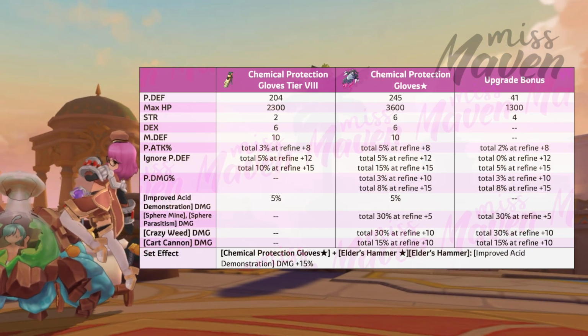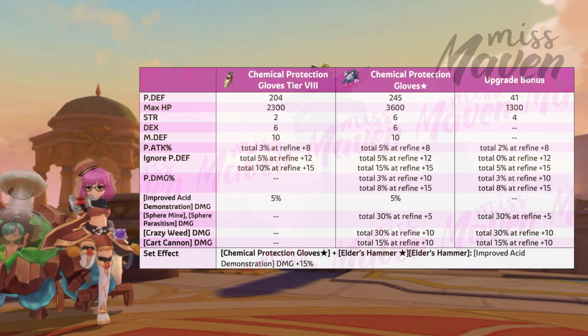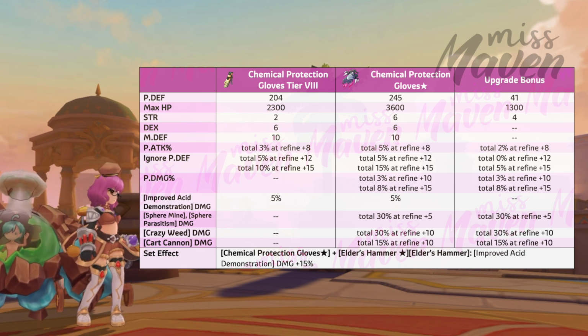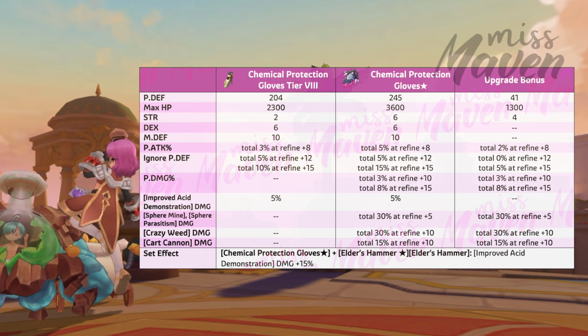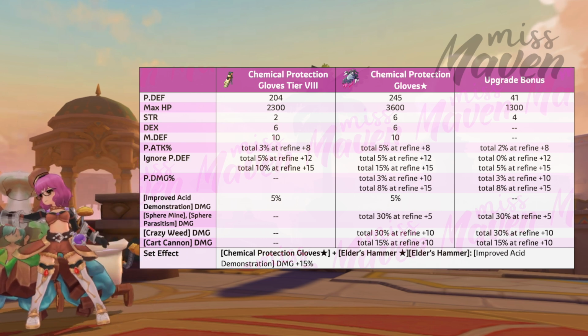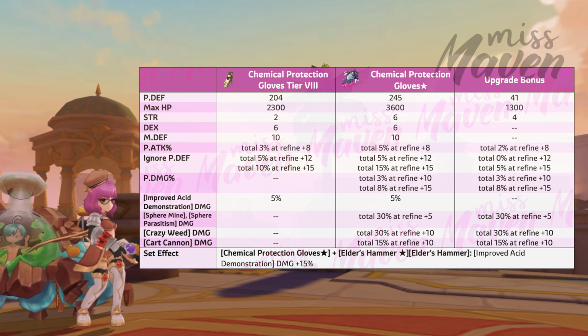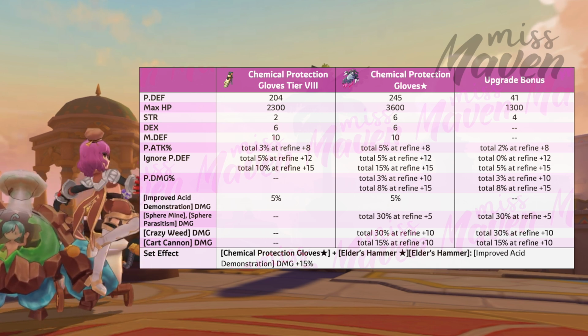Chemical Protection Glove Star is specifically used by Geneticists to improve the damage of Improved Acid Demonstration, Spear Mine, Spear Parasitism, Crazy Weed, and Card Cannon. Compared to a Tier 8 Chemical Protection Gloves, its star version gives an extra 41 physical def, 1300 max HP, and 4 strength. When refined to plus 15, it grants a total of 5% physical attack, 15% ignore physical def,